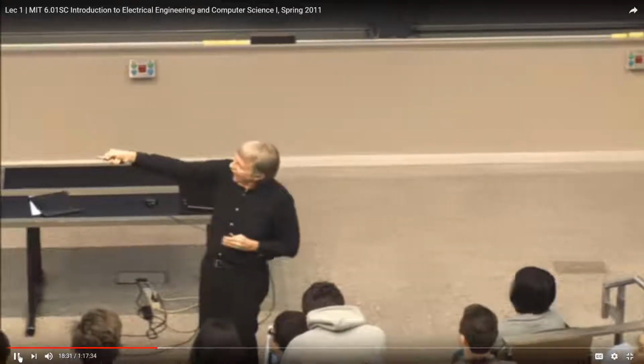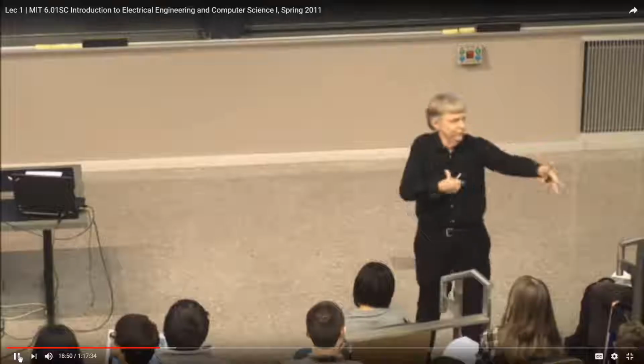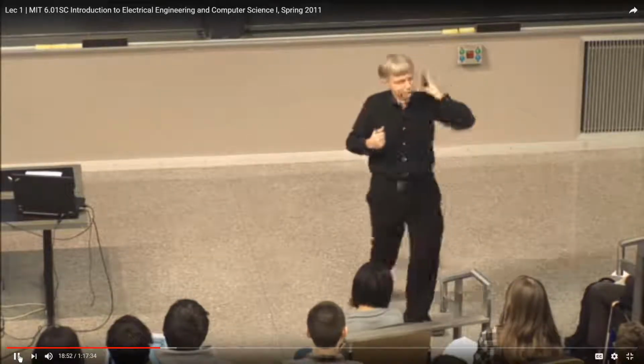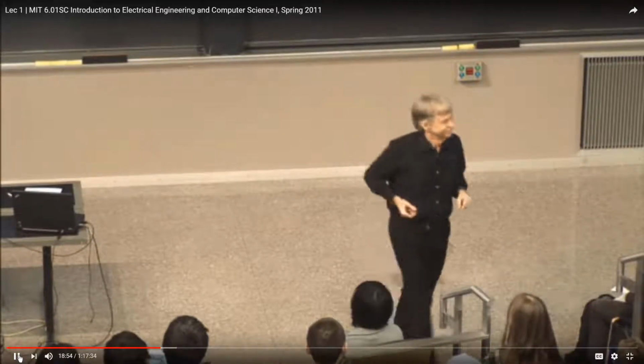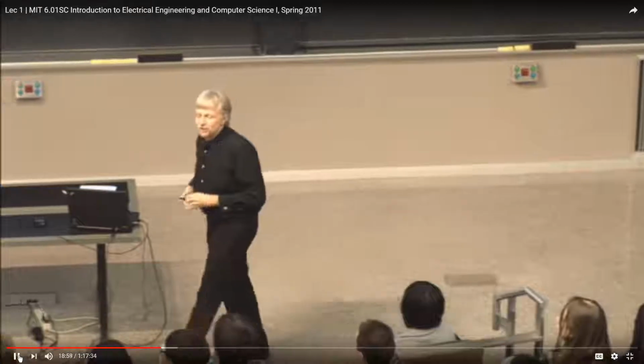So I know where I am. I'm the robot. I know where I am. I know where I want to be, and I'm going to summarize that information here. Where I am is purple. Where I want to be is gold. And I have a plan. That's blue. My plan's very simple. I don't know anything about anything other than I'm in Waltham, and I want to go to Cambridge. So, blast east. So I imagine that the best way to do there is a straight line.